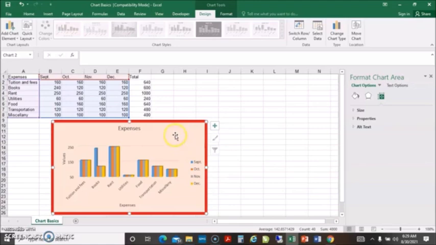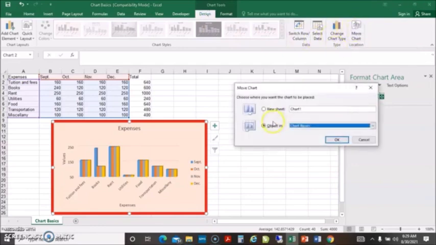So if you click on your chart, if you move your mouse to the far right, provided Design is chosen, you can choose Move Chart. Then you can choose New Sheet so that your chart appears in its own worksheet. So you can just give it a name. So you can call it expenses. Expenses chart, like that. Then you just